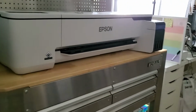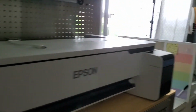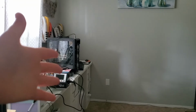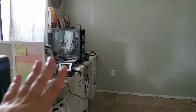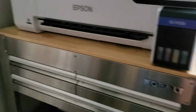I finally got this thing all the way over here. It's taking me a little bit. I'm a little out of breath. It is heavy, but I decided that I no longer wanted it there. So I had that corner over there, just couldn't really do anything with it. So I ended up moving the desk all the way down towards the wall, moved this piece over here, and it does fit, and I do have room, which is great, and I also still have room on the side